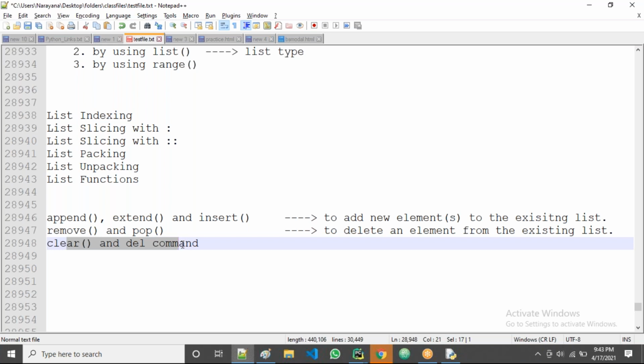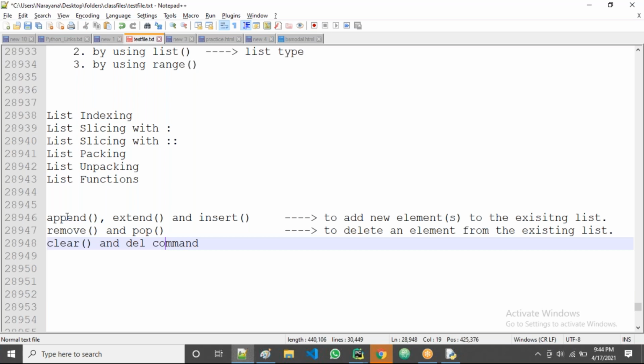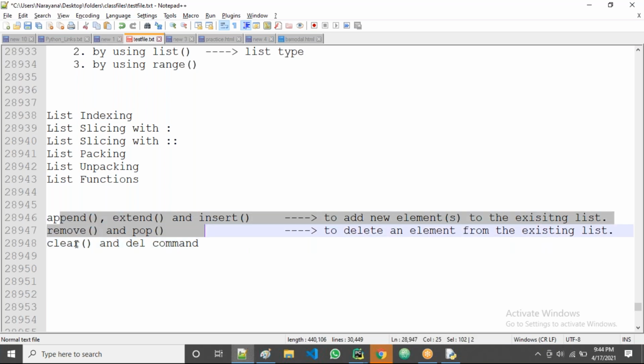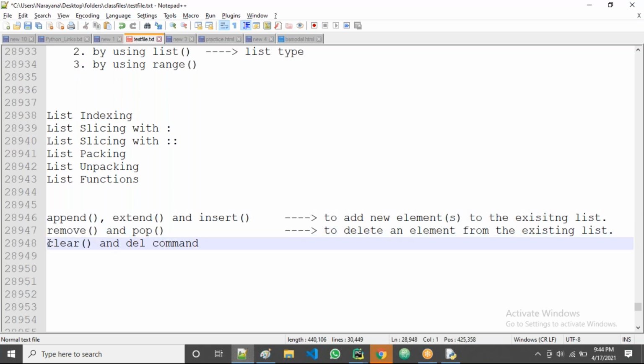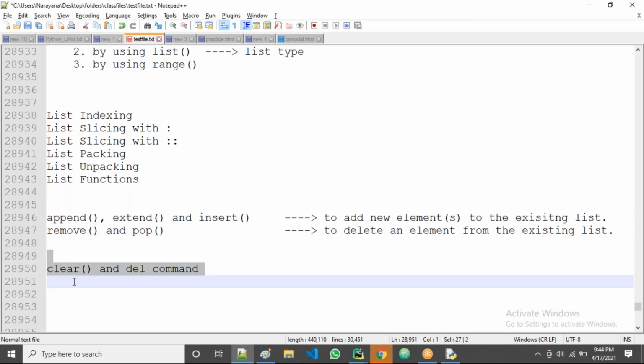We'll discuss all these very clearly. Before discussing these functions, first let's see the clear and del commands.